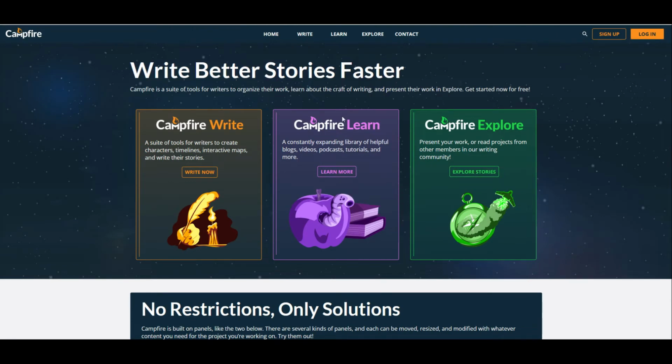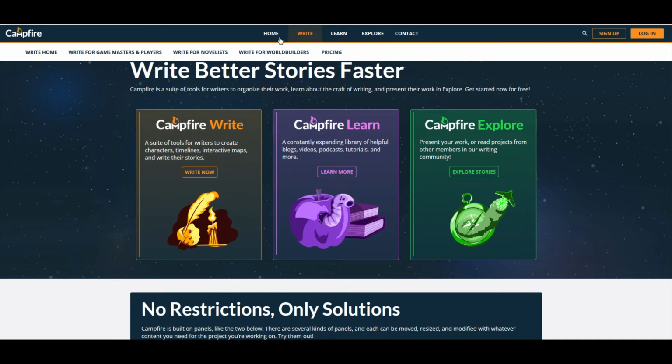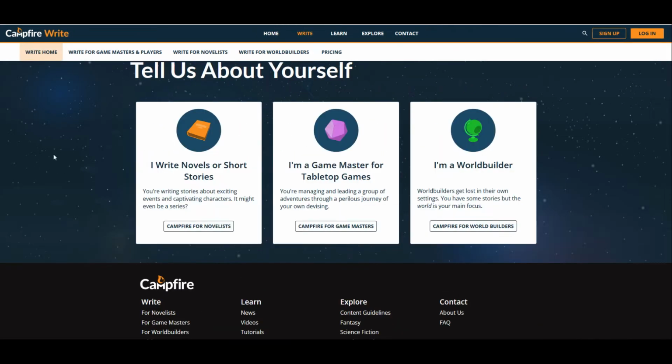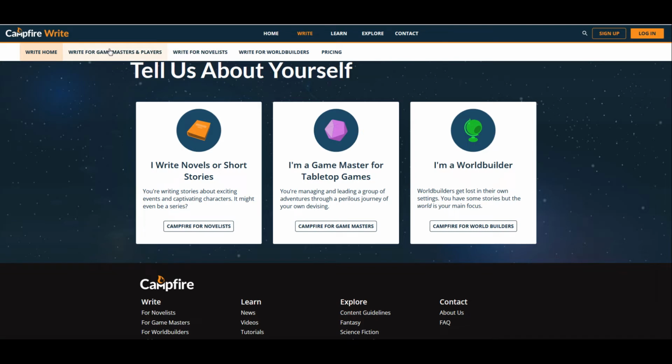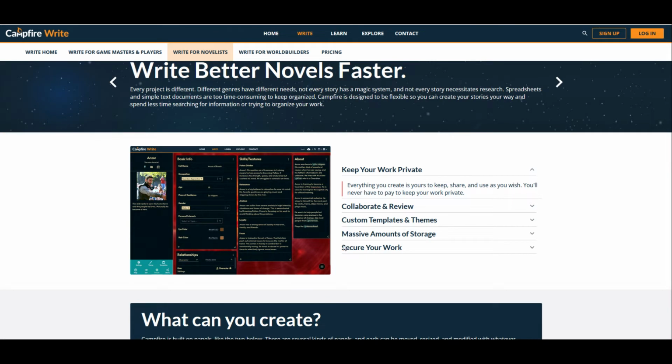But anyway, if you go into the right section here, you can go right home. This is an area where you can select what you want to do, or it kind of personalizes your experience. You have game masters and players. Again, a lot of this is geared toward role-playing game designers, and then of course anybody who does epic fantasy like Game of Thrones, Lord of the Rings, and so on. Certainly you've got that section. We can take a quick look at the site here.